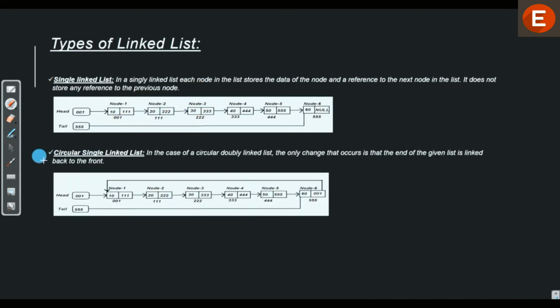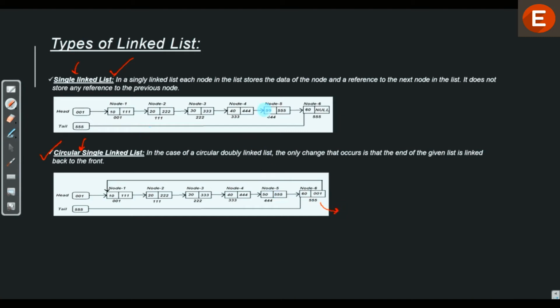So the next type of linked list is a circular single linked list. Now as you can see, there is a close similarity between the names single linked list and circular single linked list. A circular single linked list is exactly the same as a single linked list. The only difference is the last node in this list.